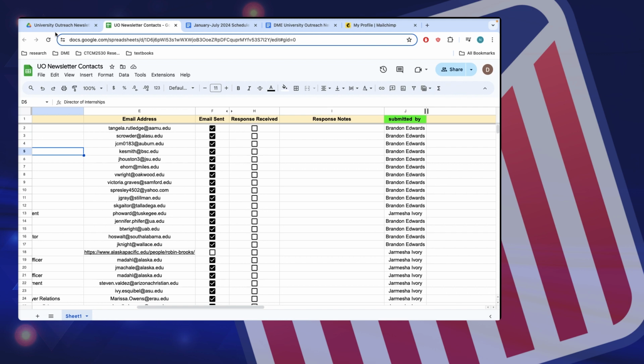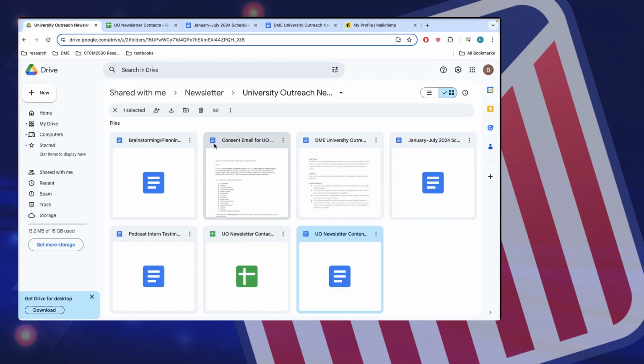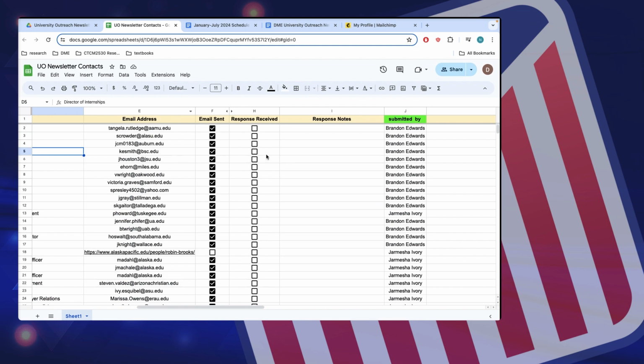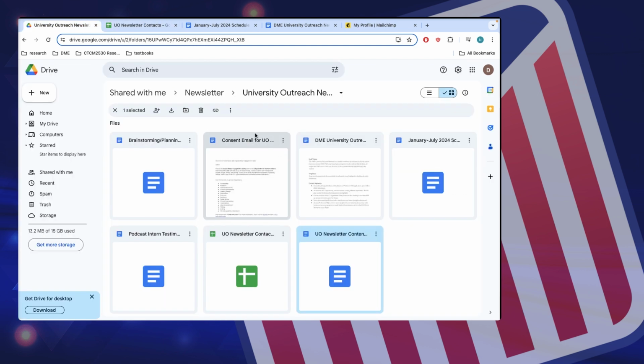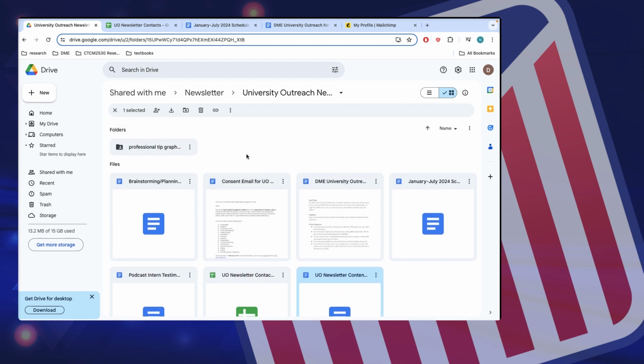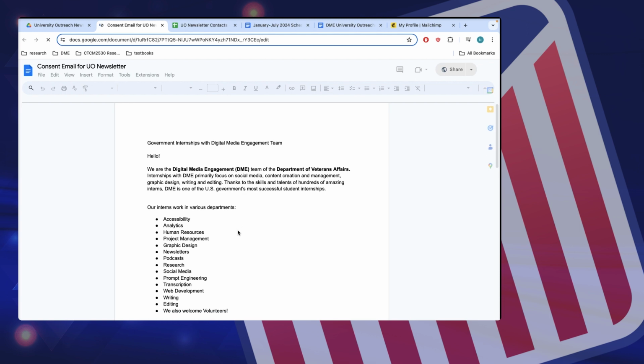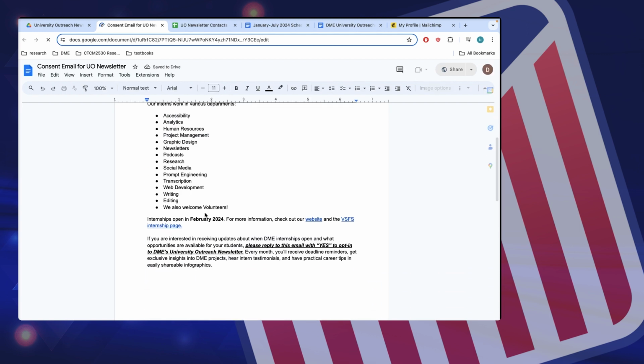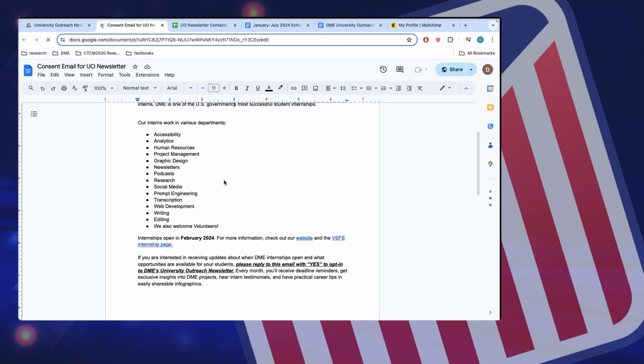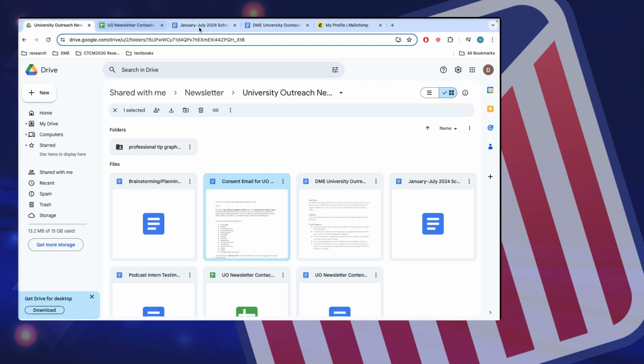Part of your job that you'll be doing is to ideally expand our subscribers to the University Outreach newsletter. And again, back in this folder, there is a consent email that has been drafted, just giving a blurb of who we are, what the interns and the internship departments are, and the consent message. So yeah, those are a bit of our